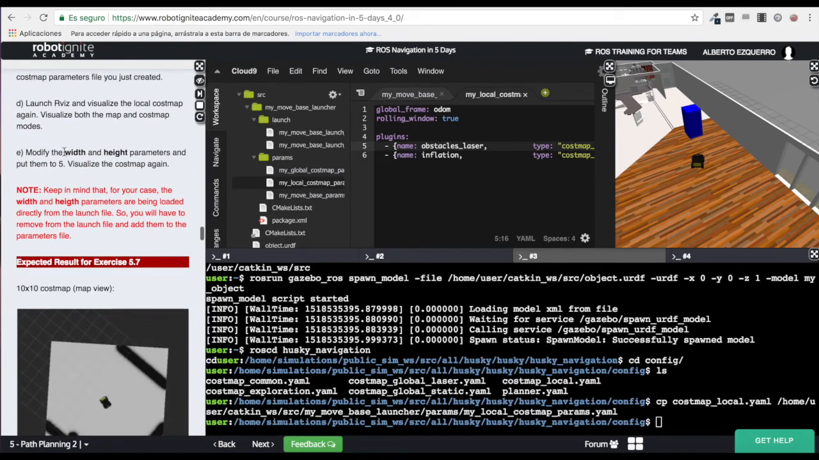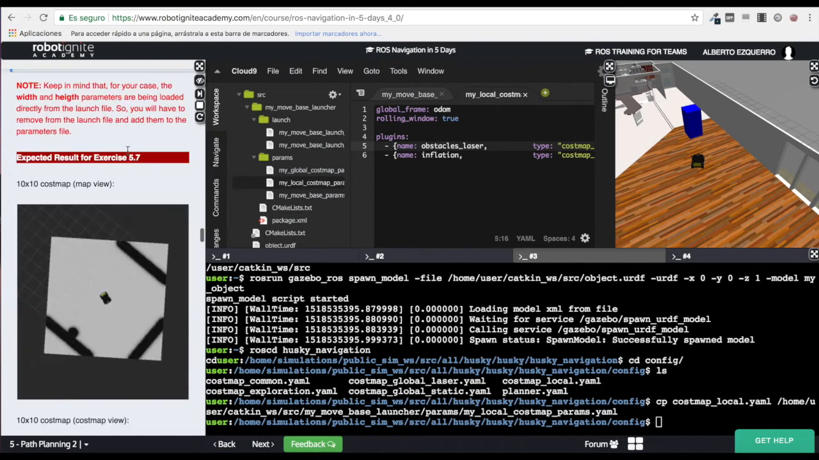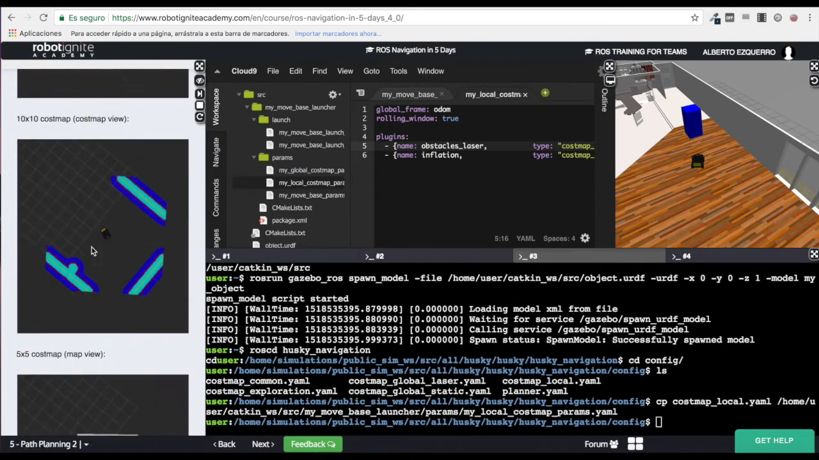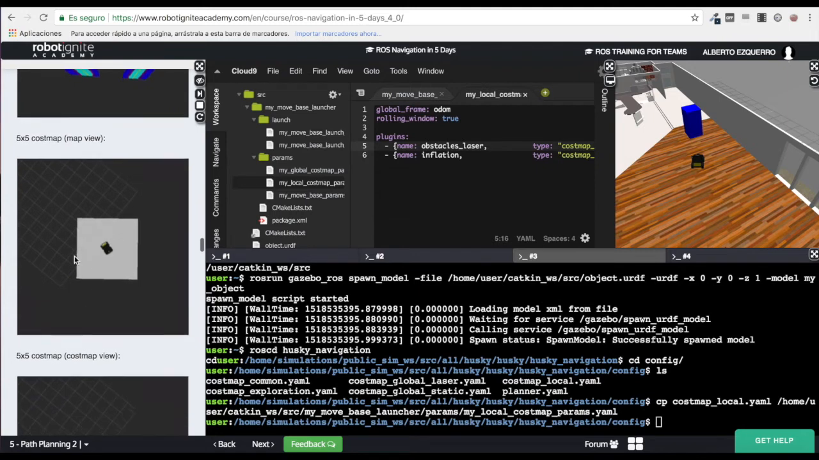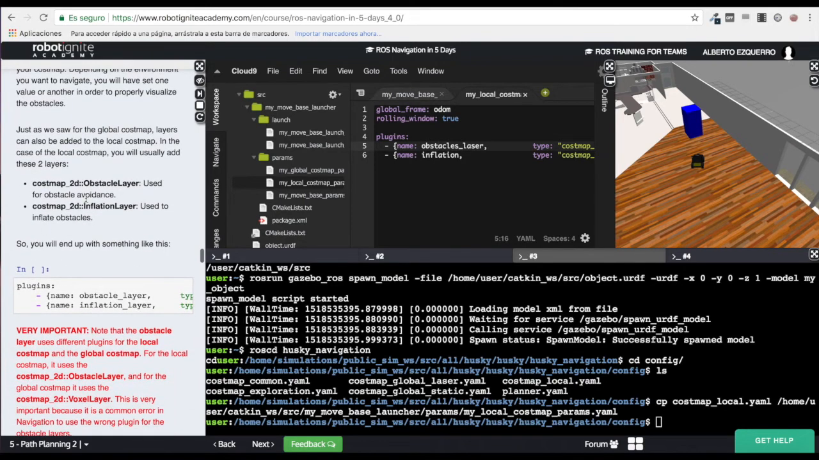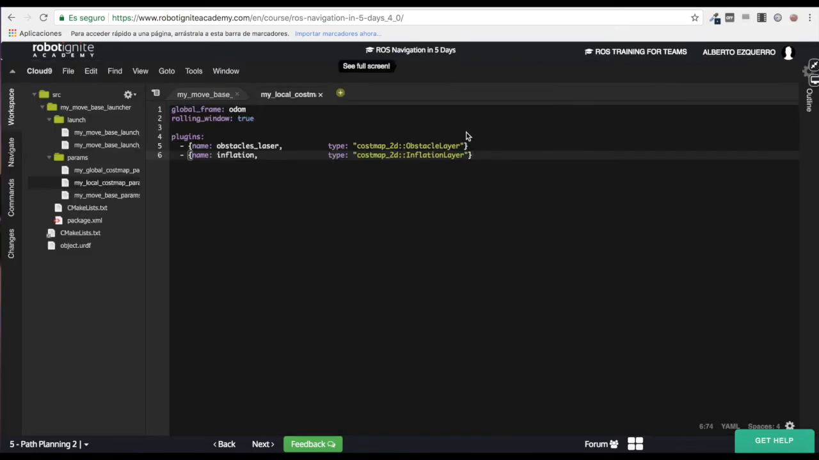Here, in this case, you are modifying the width and height parameters, which will make the local costmap higher or smaller, yes. And then, yeah, basically for the local costmap, you will use two layers, which are the obstacle layer and the inflation layer. As you can see here, you have the obstacle layer and the inflation layer. Yes. Then there is one important thing to note here, because